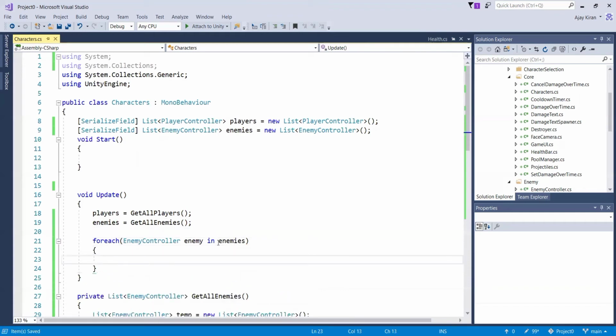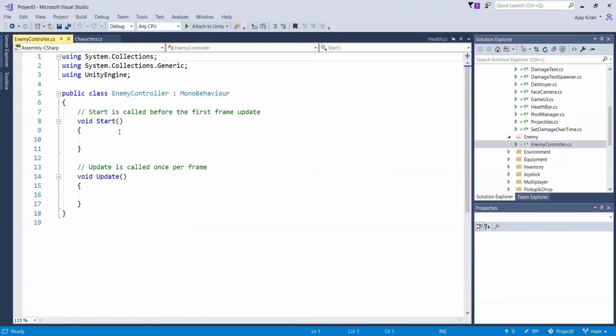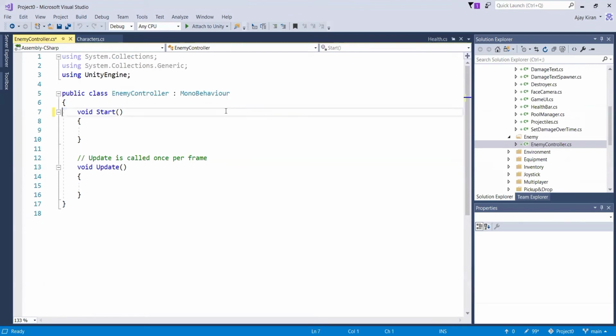Then what we want to do is find the nearest player or the nearest target that this particular enemy has, and set it up in the enemy controller script on that enemy. So let's move to the enemy controller for now and set some fields in it. So here in the enemy controller,